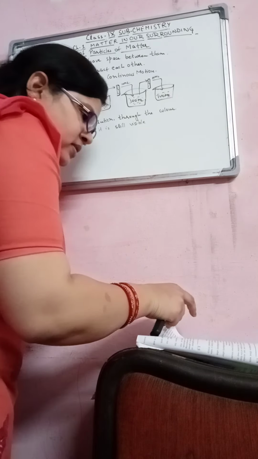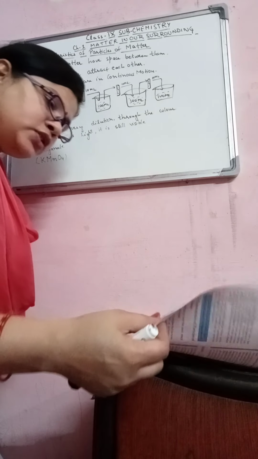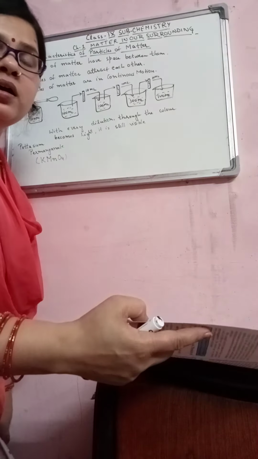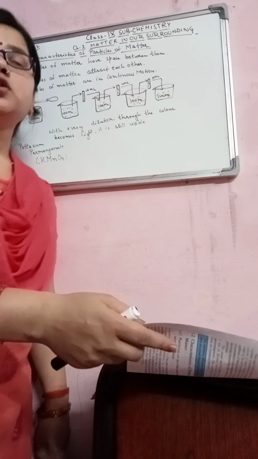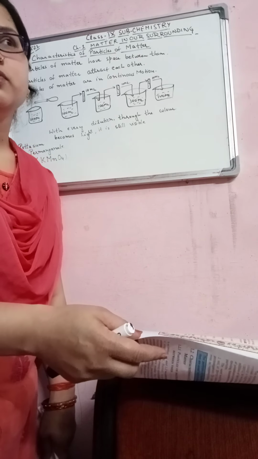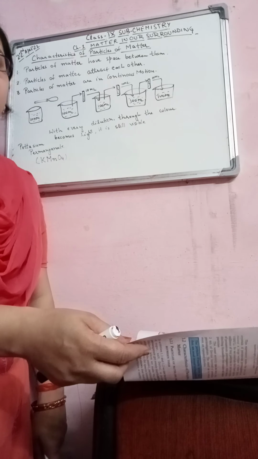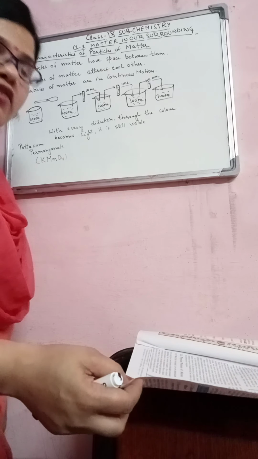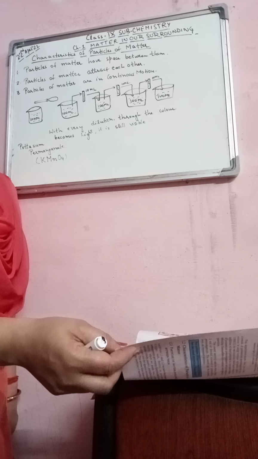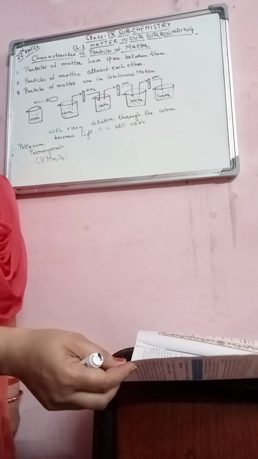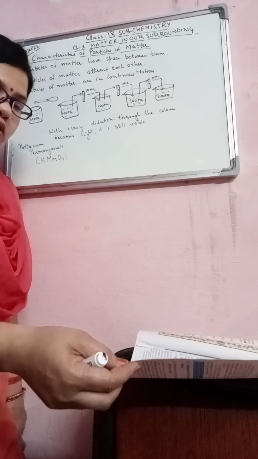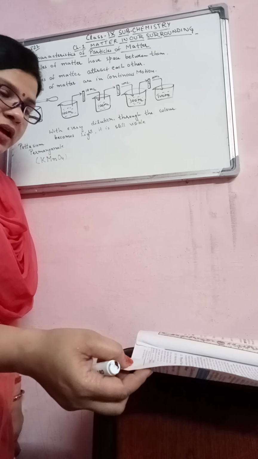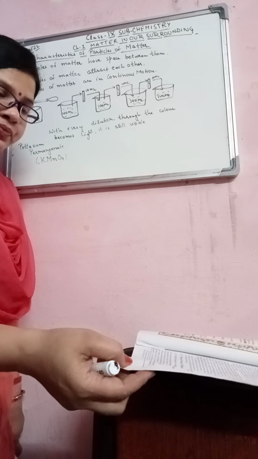As I told you in the previous lecture, activity 1.1 and 1.2. What is the activity? Take a beaker and add 10 ml of water, right? And then add a few crystals of sugar and salt. Then you will observe that the particles of salt or sugar can intermingle with the particles of water, right? This experiment is also given in your book, figure 1.1.